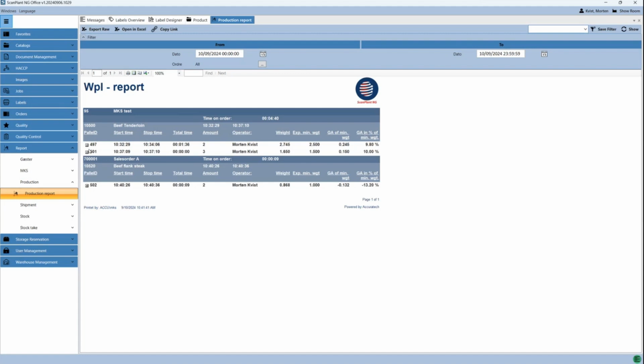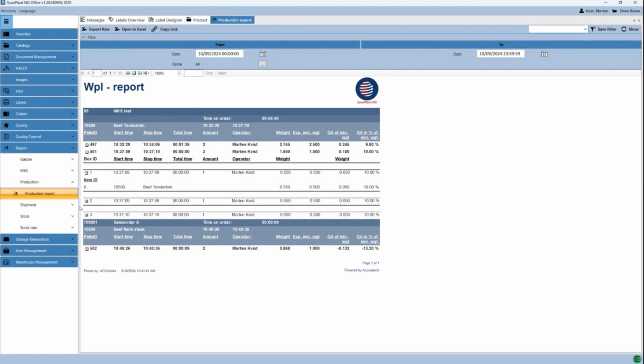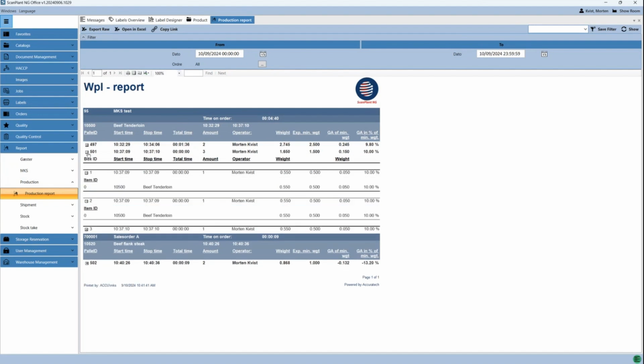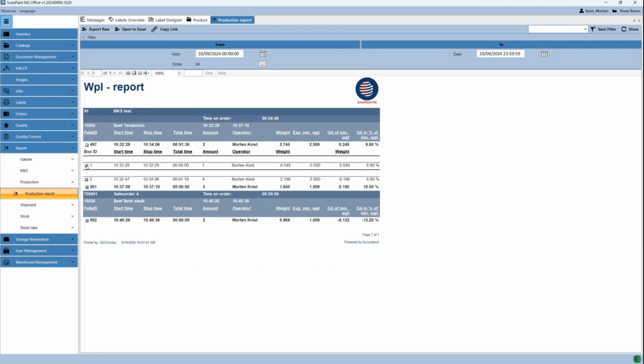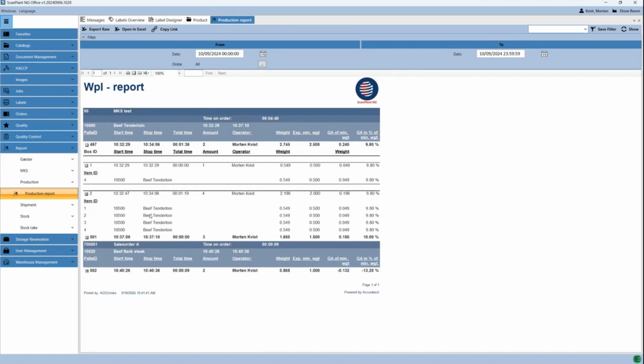And then I can unfold the pallet to see the boxes on that pallet, and I can also unfold the box and see the items. Oh, this was a bad one. If we take this one, see the different items that were produced.